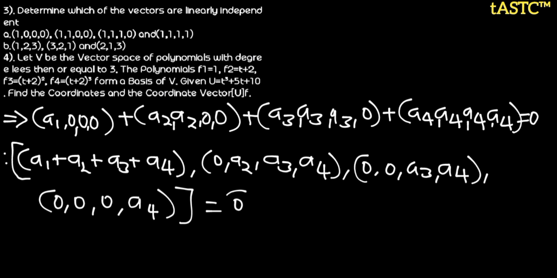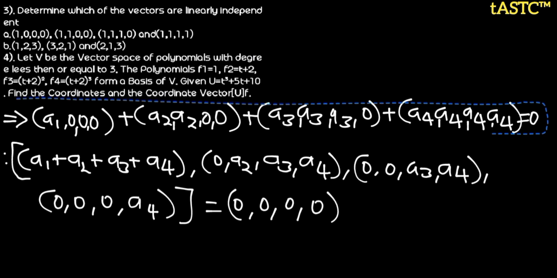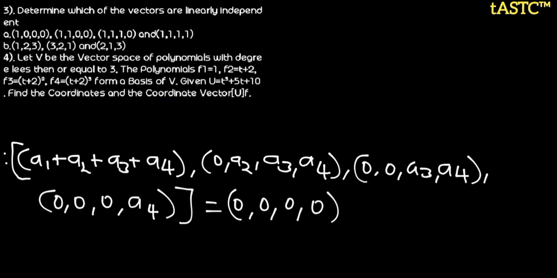Now bear in mind, this is actually the 0 vector. So in this case, I'm just going to change it and make it to be this 0. So that is what you have. Even if you don't want to do it this way, that is pretty much still going to be the same thing. But I want to do this so that I could compare stuff. So from this comparison,